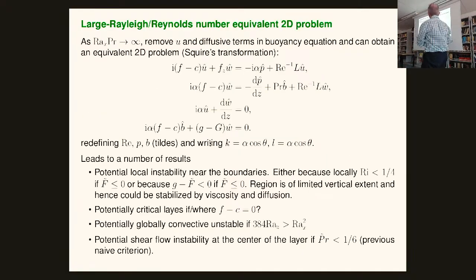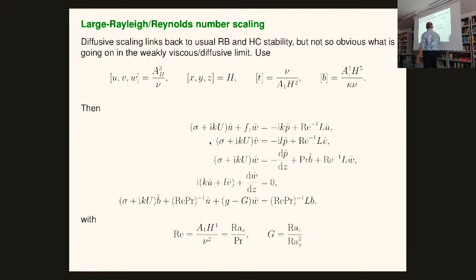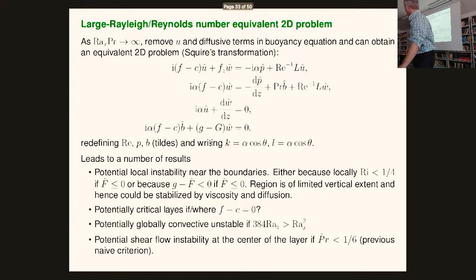And if you do that, you can formally remove some of the diffusive terms. Because you say, okay, I rescale this, and effectively, this term becomes large, this term becomes large. If you play games with that, you can get a set of equations that does have a Squire's transformation. The Prandtl number has to be large enough for this. If you do that, you can convince yourself by writing down what effectively is a Taylor-Goldstein equation, that there are a certain number of modes.